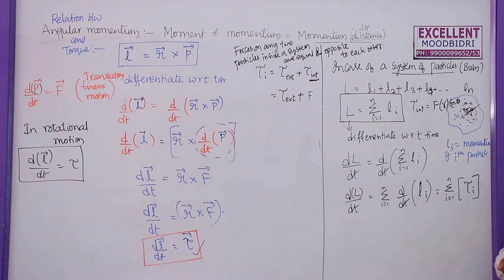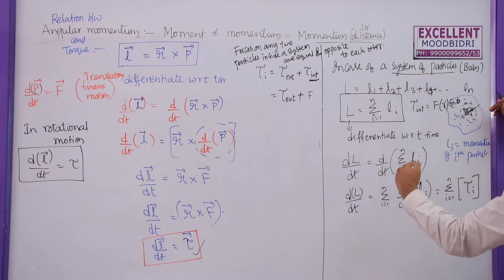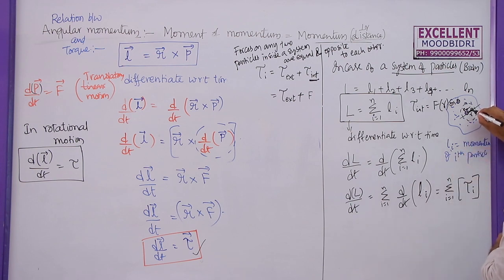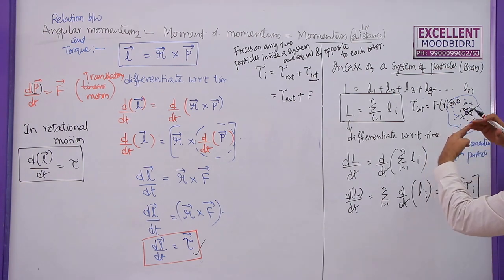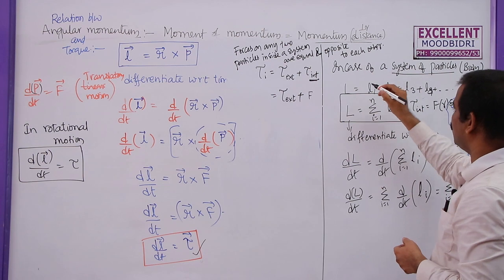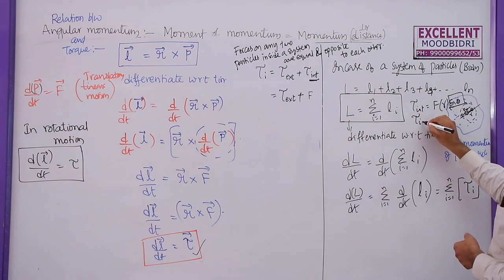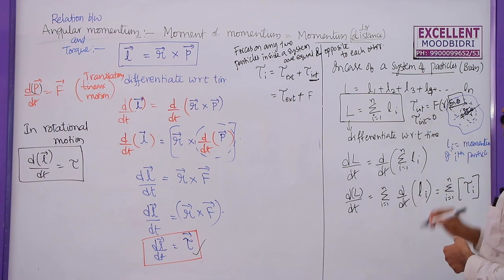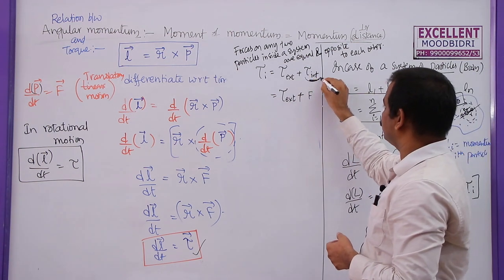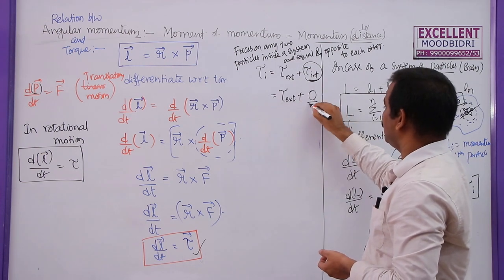What is the possible angle between F and r? This is F, the force experienced by this ith particle, and r is in this direction, the position vector from this one. So, the angle between these two is either 180 or, due to another particle here, this position vector will be in this direction. So, theta should be either 0 or 180. So, tau internal is always equal to 0. So, the torque due to the internal forces, directly I am going to take as 0.